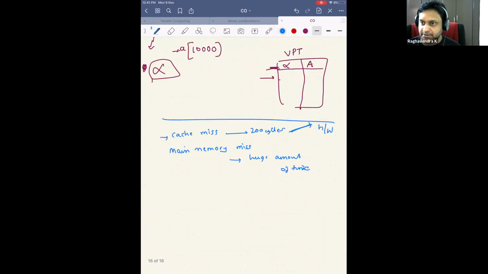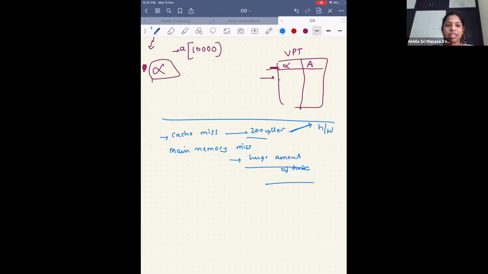Similarly, when there is a main memory miss, you want to bring a page from the hard disk to the main memory. Now, will you allow the main memory to handle it, or will you go and tell the operating system? No, we actually go and tell the operating system. Can you guess the reason? See, if I allow the main memory controller to handle page misses, what happens? For the entire time, the CPU will take a lot of time. It is idle, right?